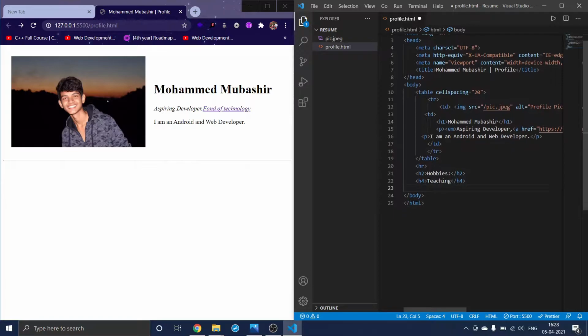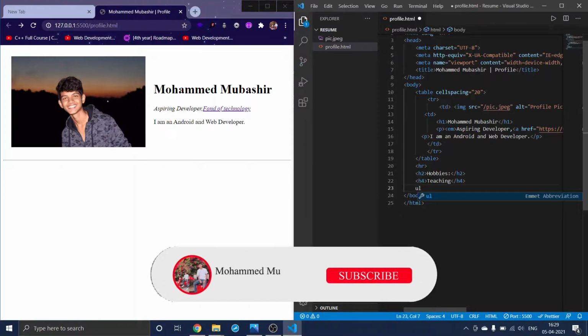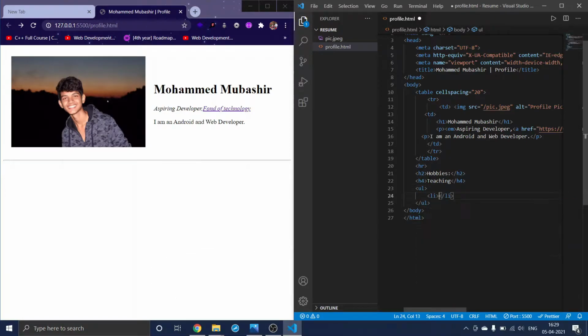And in that, hobbies are like a list, right? So for that I will be using a list, and it will be an unordered list, and in that unordered list we know we need to use list items, right? So for that I'll be using list items, and in the first list item I will be giving app development course,